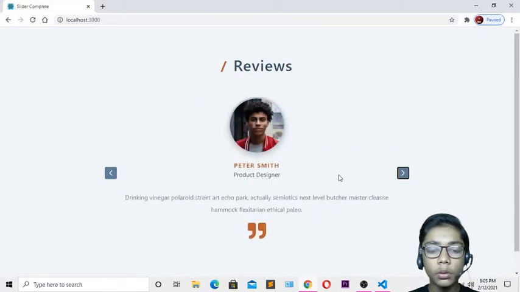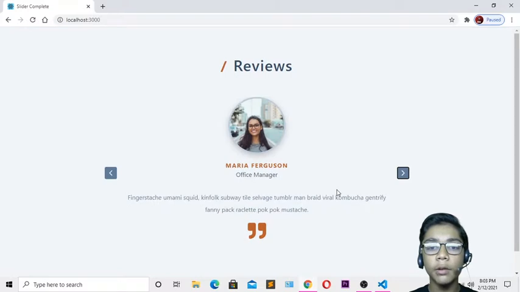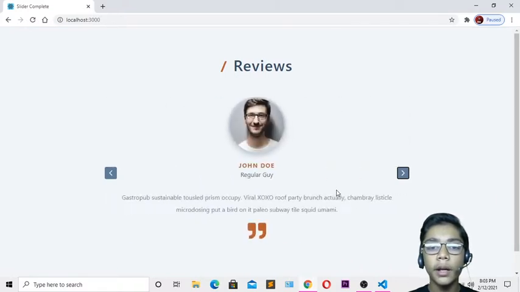So like that you can make your own slider project in React.js. So I hope you understand this project, and I hope you also enjoy this project like your previous projects of React.js. So just you have to practice all these projects we are working with, and I hope you will be a good programmer of React.js also, like in Python, HTML, CSS and JavaScript. So I will meet you in the next project.